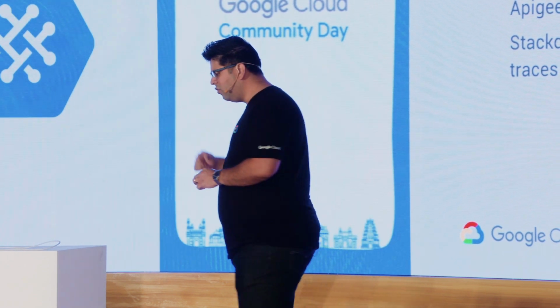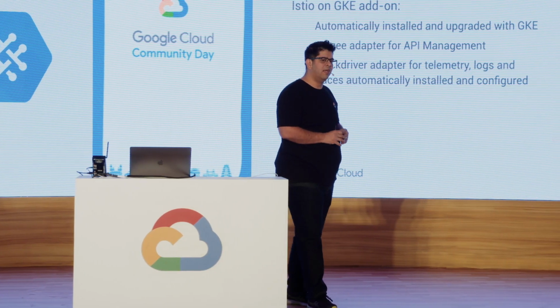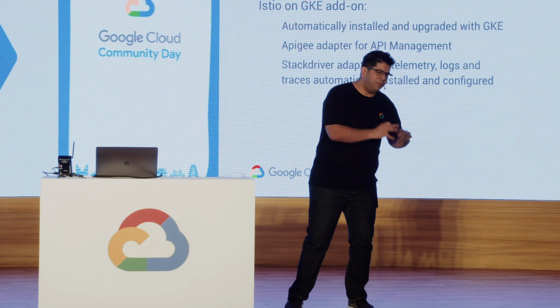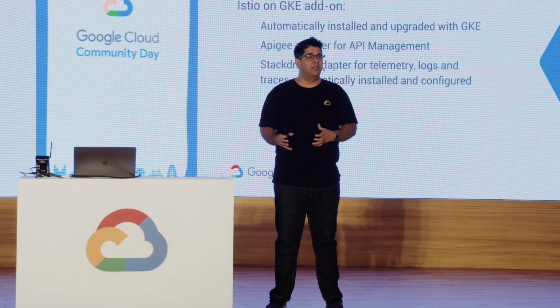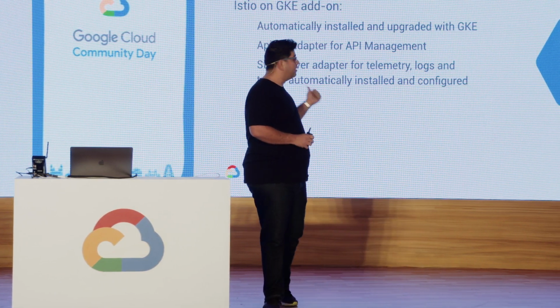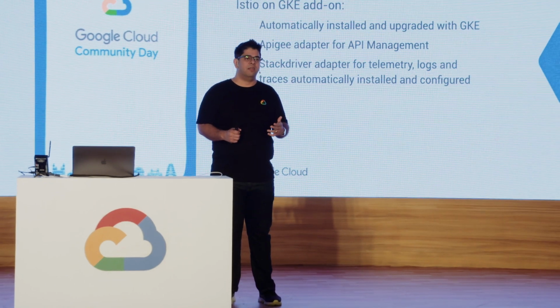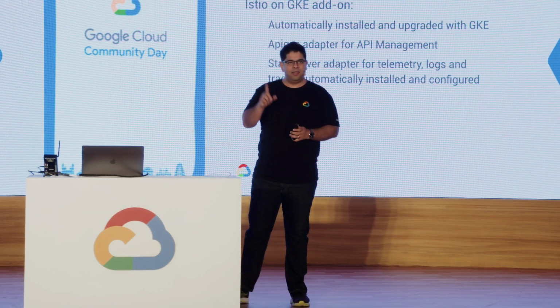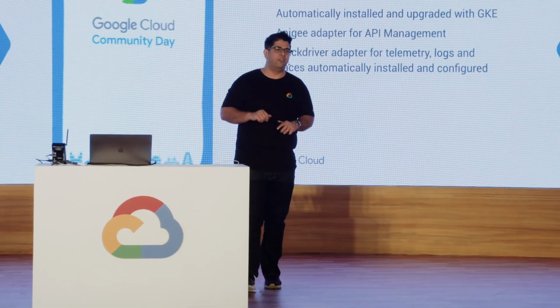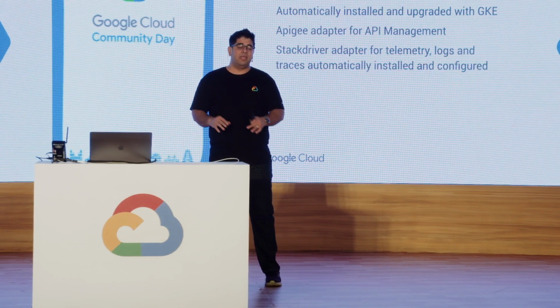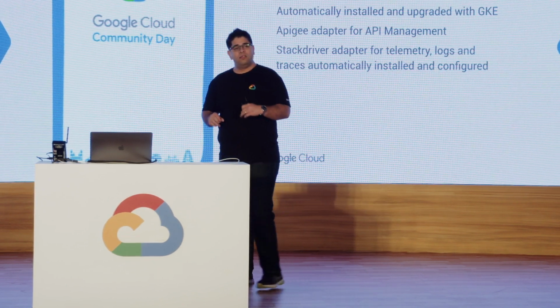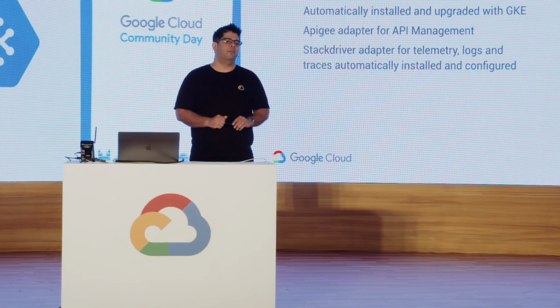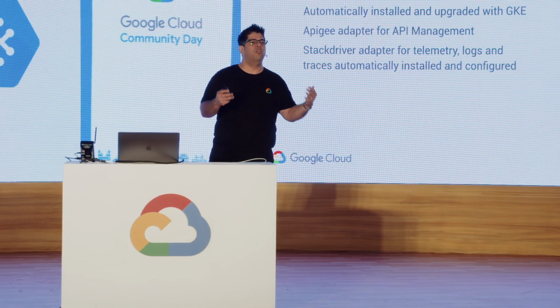Now, with Istio on GKE, we also add some additional adapters to plug into other GCP products. So first one is the Apigee adapter, but the one I want to call out is Stackdriver. So remember a couple of slides back, I said the mixer component captures all the telemetry and sends it to a destination. On GCP, that destination by default is Stackdriver. Stackdriver is awesome. I'm going to talk about it a little bit in an upcoming slide, and then Yoshi is going to talk about it in the next talk as well. But in this context, Stackdriver is going to grab all your logs and traces and make it really easy for you to see what's happening inside your system, to give you observability.